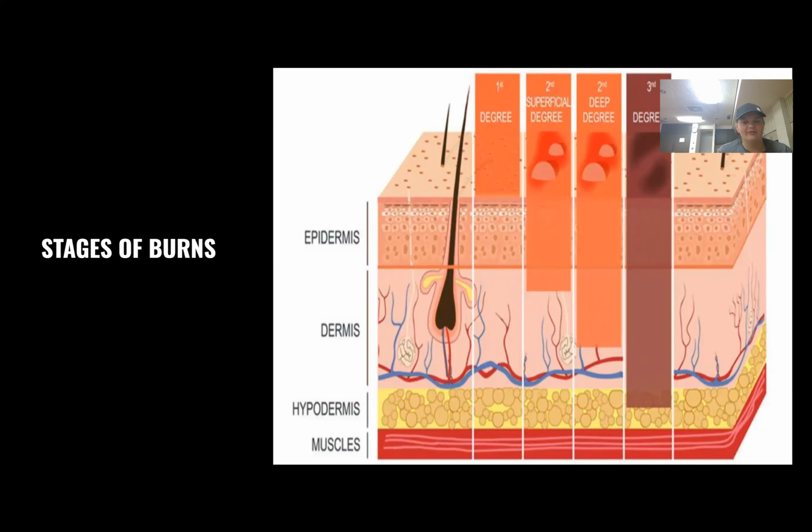And then we have the stages of burns. So as you can see in the diagram, we have first degree, second degree superficial, second degree deep, and then third degree